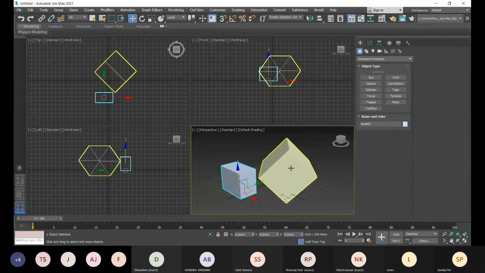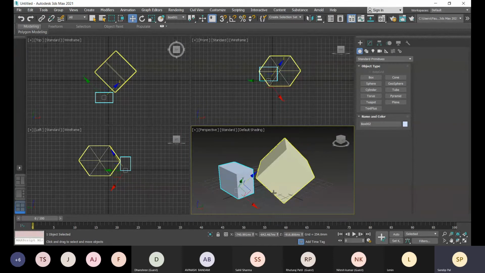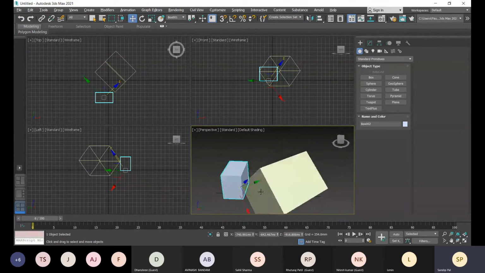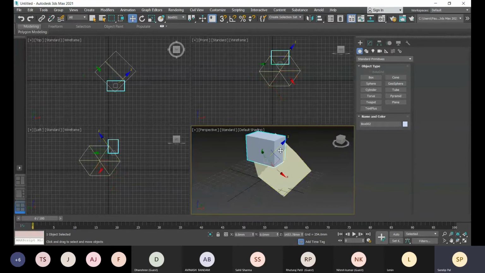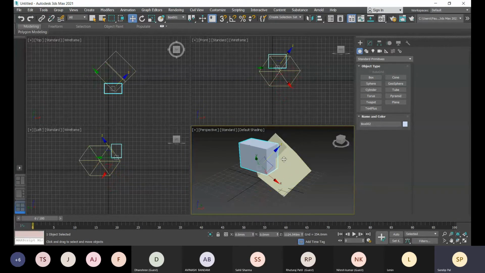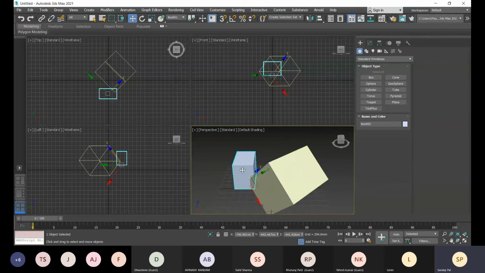For that, I can choose pick and select this as the pick. According to this picked object, the coordinate will be aligned, and it will work according to that. Here you see, now I can move in that direction. So this is how we can control it according to our work.